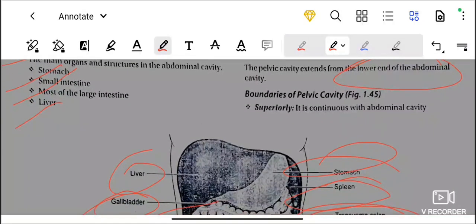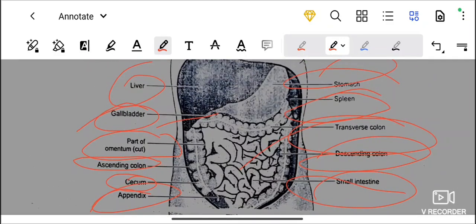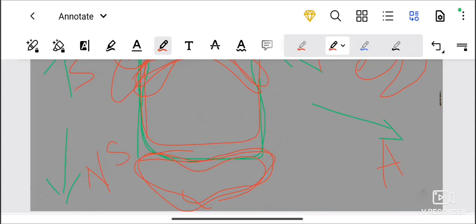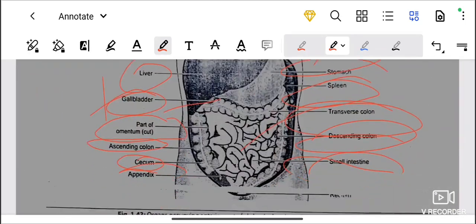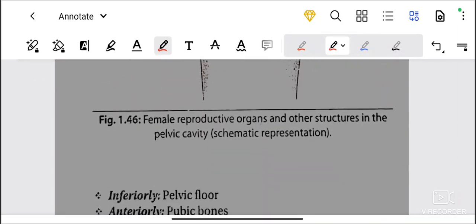Superiorly means upward. Now this is superior and this is inferior. We are studying the pelvic cavity here, so superiorly you can see the abdominal cavity, and inferiorly